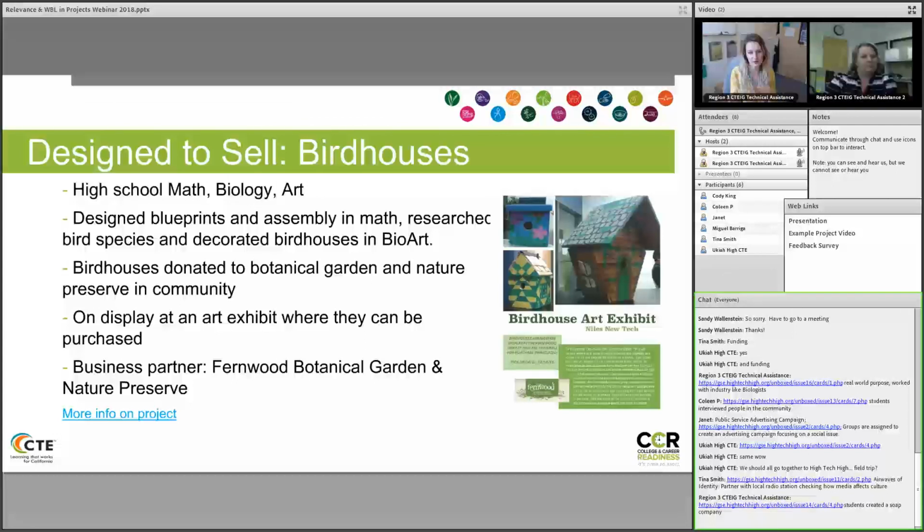So we're working with a botanical garden and a nature preserve for this project, which is very relevant. Students were creating things for real purpose. They were sold, they were donated to the nature preserve. So really cool project. And how cool would it have been if a construction class was part of it to either teach the other students